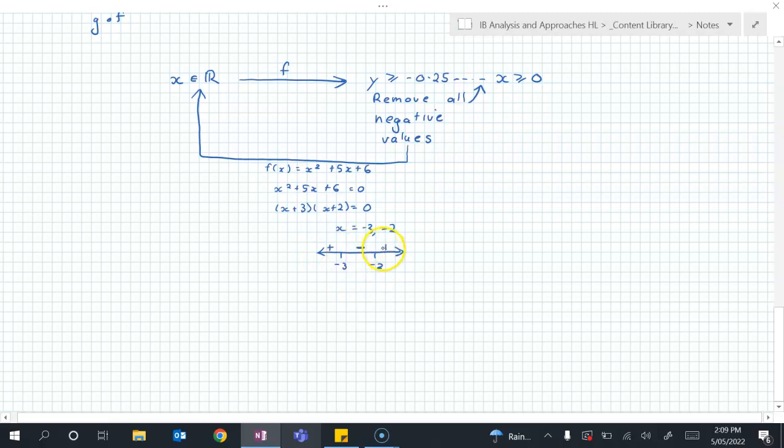And it's positive on the outer edges. So when I go back, I've got to go back to my domain and change my domain. I'm just wondering where I should write it, but probably I'll write it down here. So this is all considerations under my domain. So it's changed to